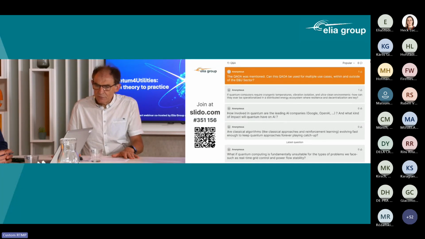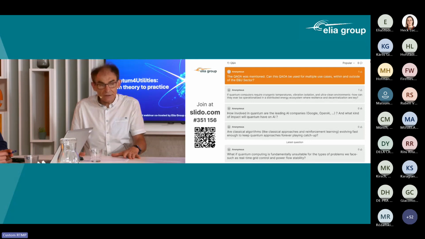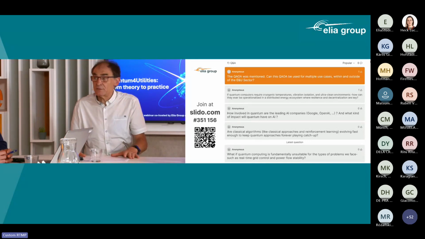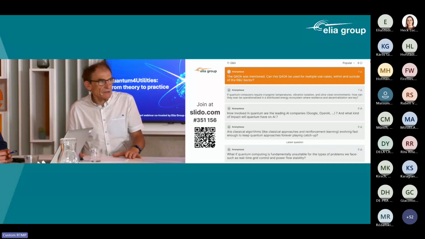It can be an optimization problem in the finance sector. I know, for instance, in the quantum network, we have customers in the financial services sector that are using the QAOA also for their optimization types of problems. And then I talk about portfolio optimization, for instance. So yes, it can be used in other sectors as well, as soon as you do optimization. Yes, sure. Very good.